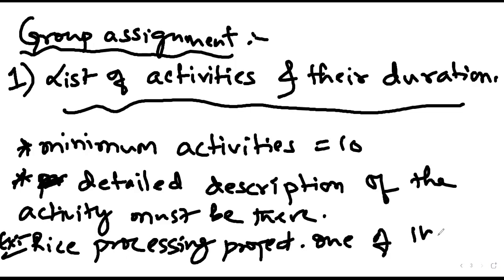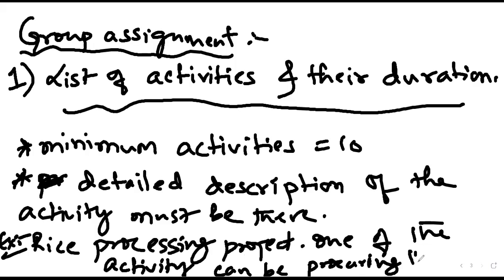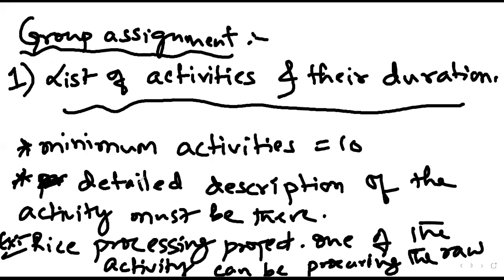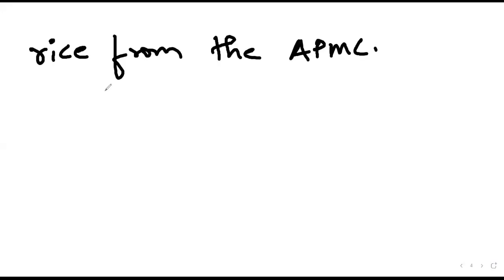One of the activities can be procuring the raw rice from the APMC. Okay, is it right? So this has to be clearly mentioned rather than just mentioning